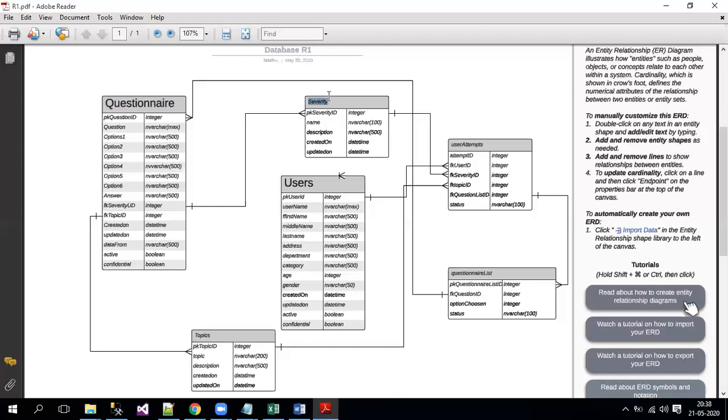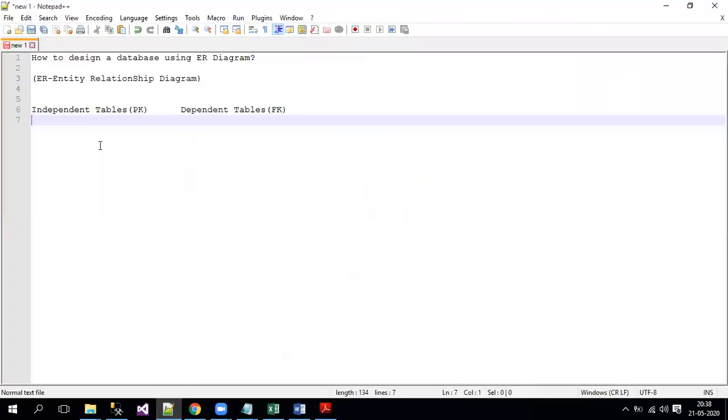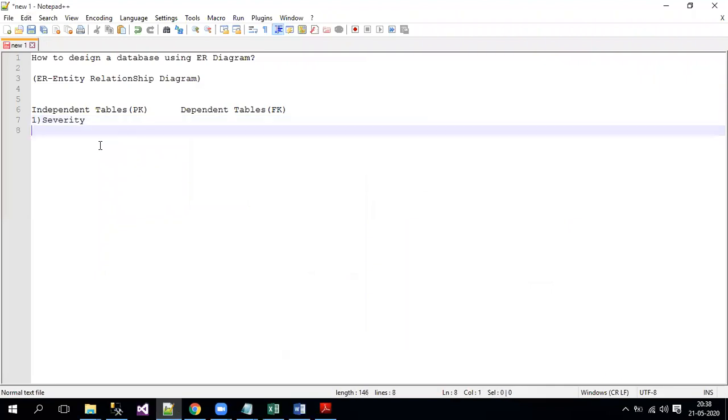So as the severity table consists of only one primary key, this table is an independent table. I'll copy this table and put it under independent tables. Now we'll also see if there are any other independent tables or not.